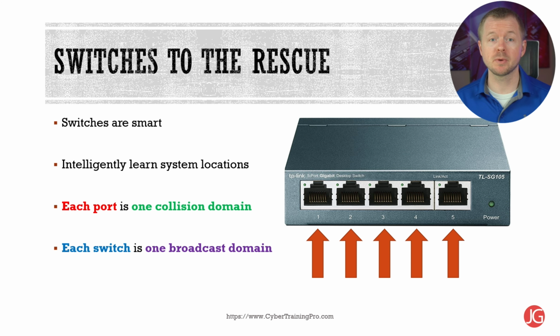When you first power on a switch, it'll act like a hub by forwarding traffic out of all of its ports. As it learns where devices are connected, the switch is going to add MAC addresses to its media access control address table. Once the switch knows where a system's at, it can intelligently forward traffic between those systems based on MAC addresses to specific ports instead of blasting data out of all of its ports.